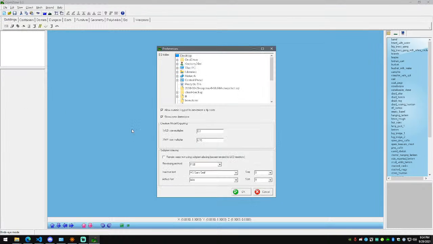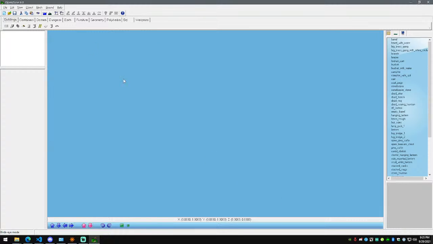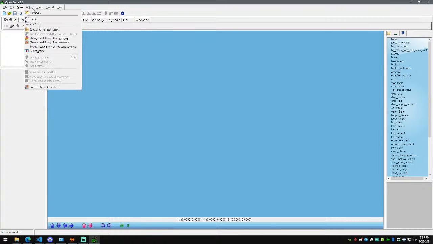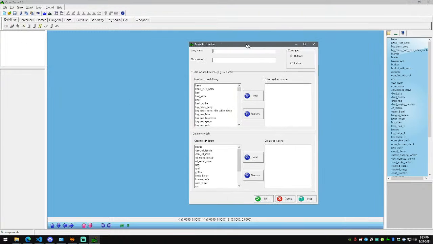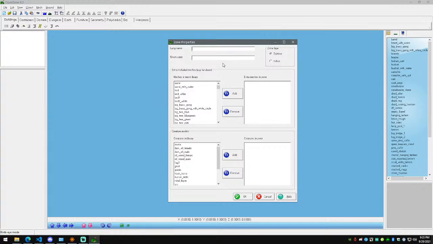Specifically, whenever I make a zone, normally OpenZone's doing some general export options, even when I import from any zone. So you can see here the long name and short name, what NPCs to include,